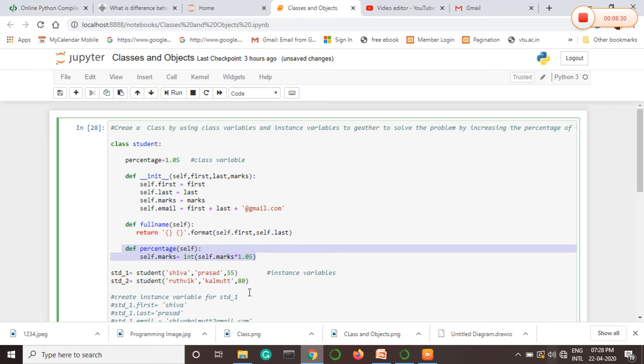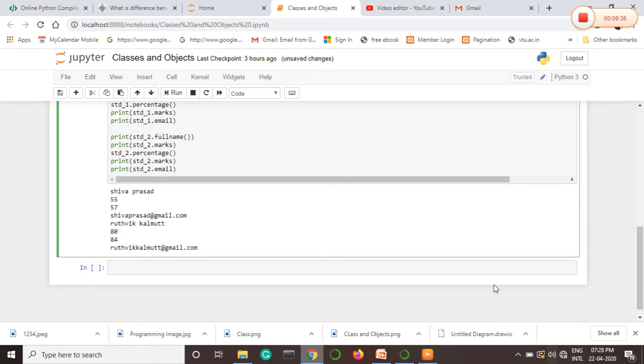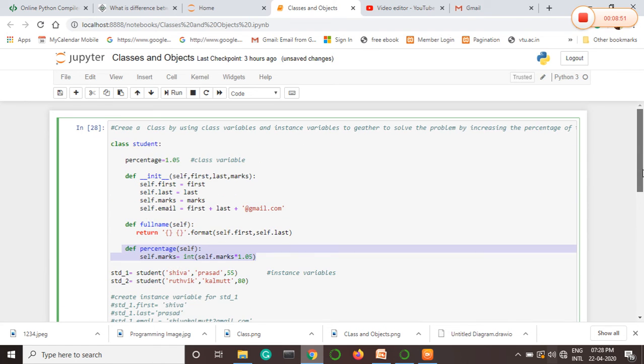After defining the method, using that particular method in the output statement will help me to change the values of a particular student, that is, change the marks of a specific student. Earlier the marks of the specific student was 55. After rising the percentage by using a method, it is 57. This is how we can create class variables.